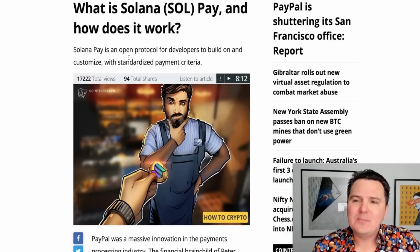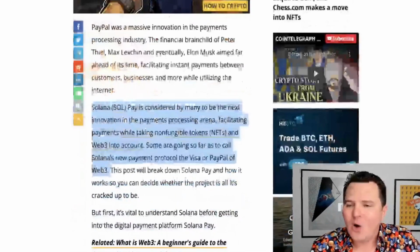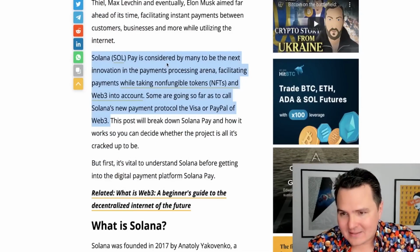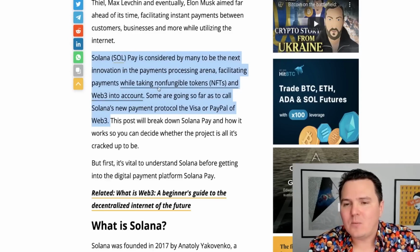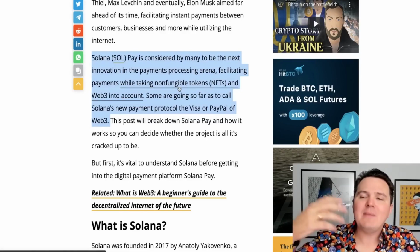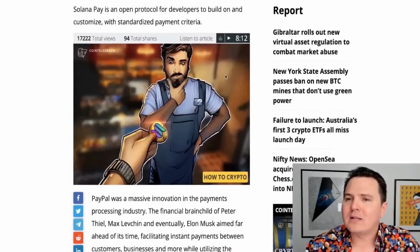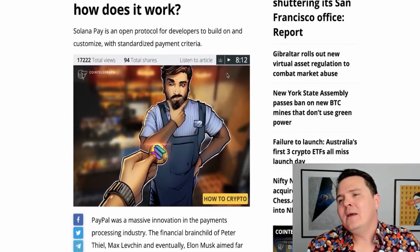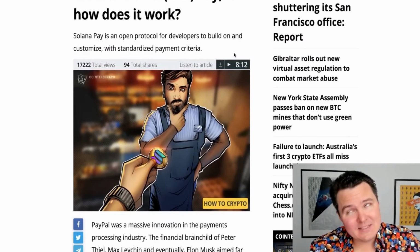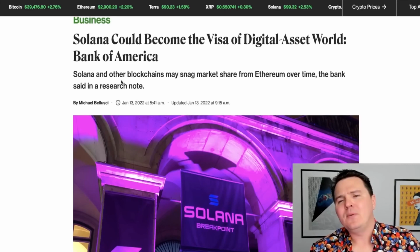We also have Solana Pay coming up, which is one of these things that they hope is going to be the next big innovation in payment processing, facilitating payments while taking NFTs and Web3 into account, making this new payment protocol the Visa or the PayPal of Web3, of course, is the big aim of what they want to do. And with 50,000 transactions per second, with an even higher theoretical limit, it does present an interesting opportunity for blockchain-based payments. We also have